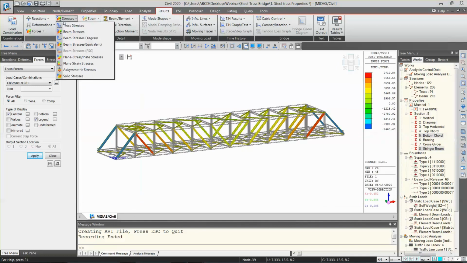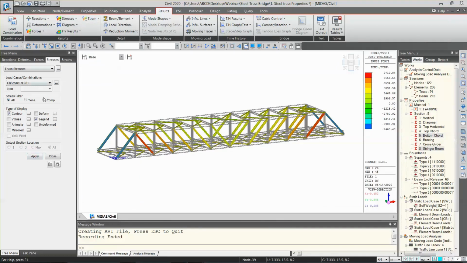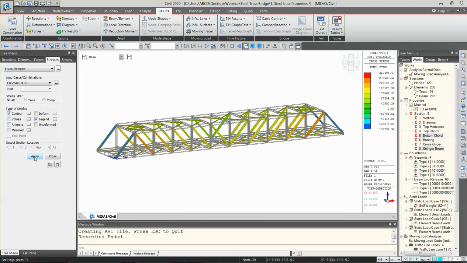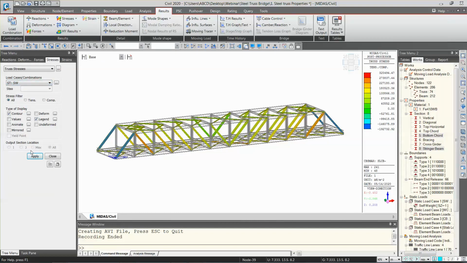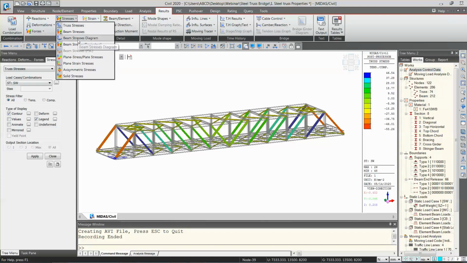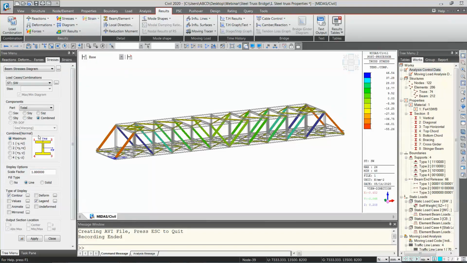And similarly you can see the stresses. If you want to check stresses, let me use Newton mm. You can check the stresses here for the truss or the beam. For the beam there is an option for the combined stresses as well.